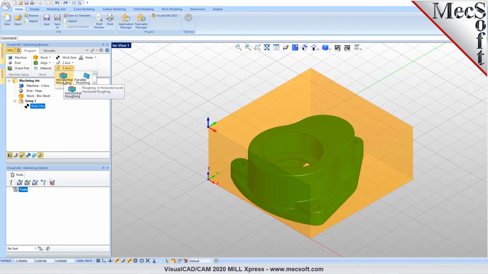In 3 axis, you have 2 operation types in the Express entry-level configuration. You have a roughing operation, a 3-axis horizontal roughing, or Z-level roughing, and you also have a parallel finishing, and we'll show you both of those in just a second. And you can also drill holes. Now, drilling is not just drilling. You can do a number of drill types, so we'll show you that as well, since we have some holes